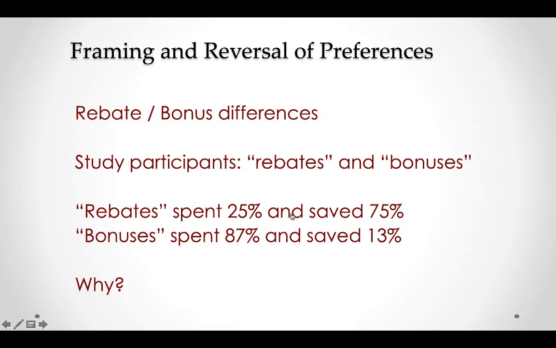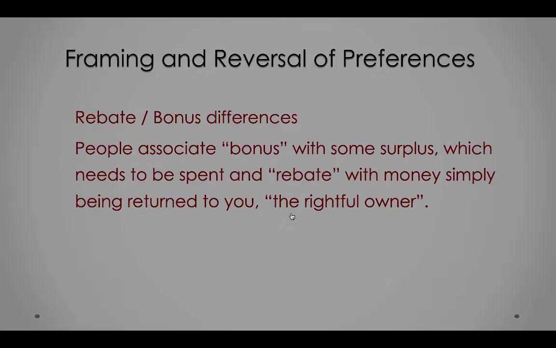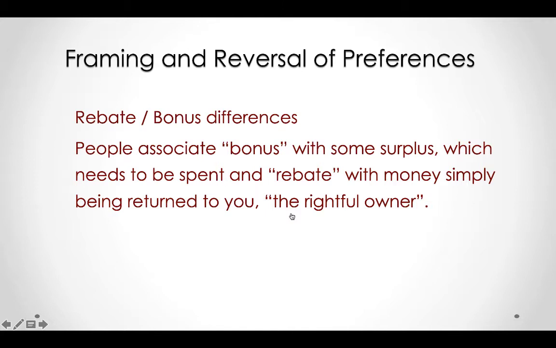So when the word rebate was used, which was the normal word that was used, people spent about 25% and saved 75%. So Apley, Eidson, and Mack are arguing if the word bonus would have been used, the people would have spent 87% and saved 13%. On a scale of $38 billion, that's a huge, huge difference. So again, the question is why in the terms of mental accounting. Okay, maybe you figured it out by now.